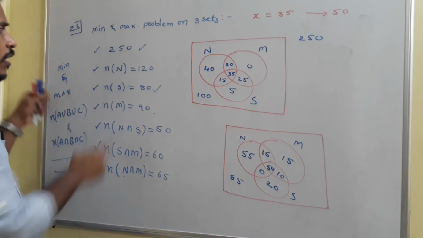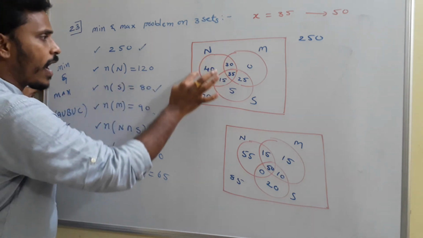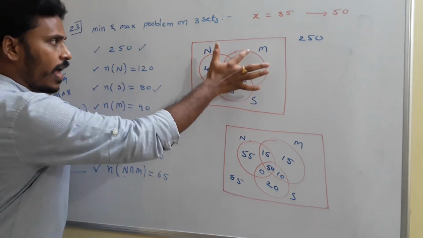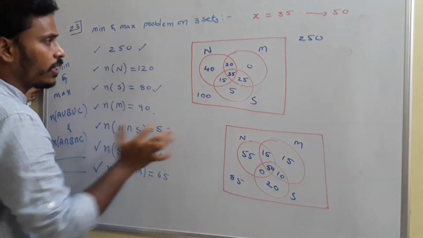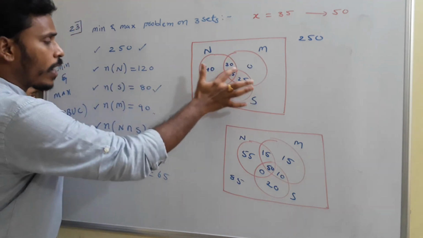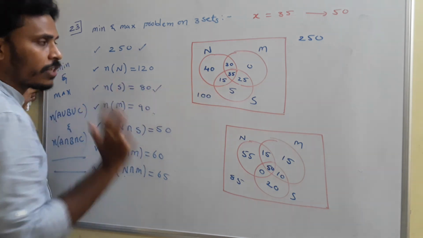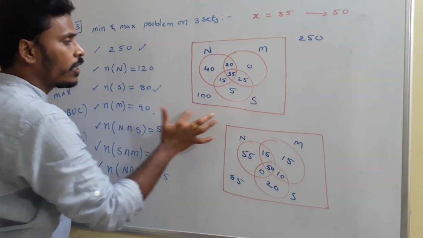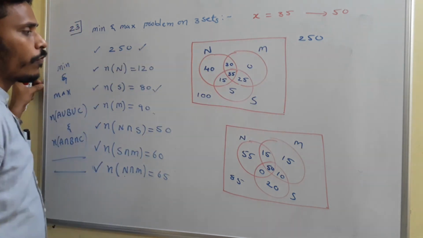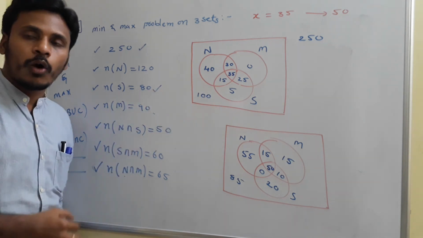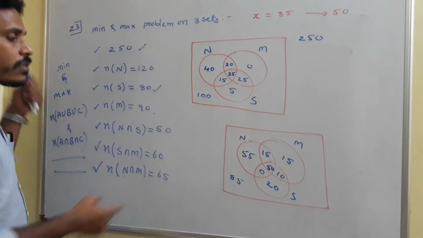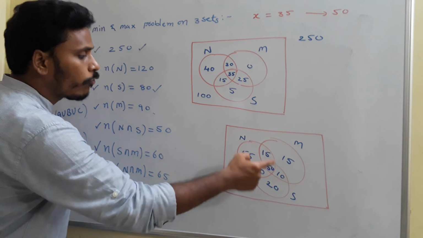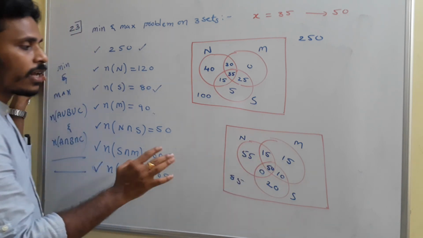If you need, just check it. The n of N is 120, so add every number in the circle, it is 120. Add every number in the circle, that is 80. Add, see, 90, right? So add every number in the circle, yes, and that becomes 80. And this total universal set, the total number of students, is 250, so you need to take 100 out of that. Okay, again, so now just look there, again you need to fill everything with the intersection part as 50.